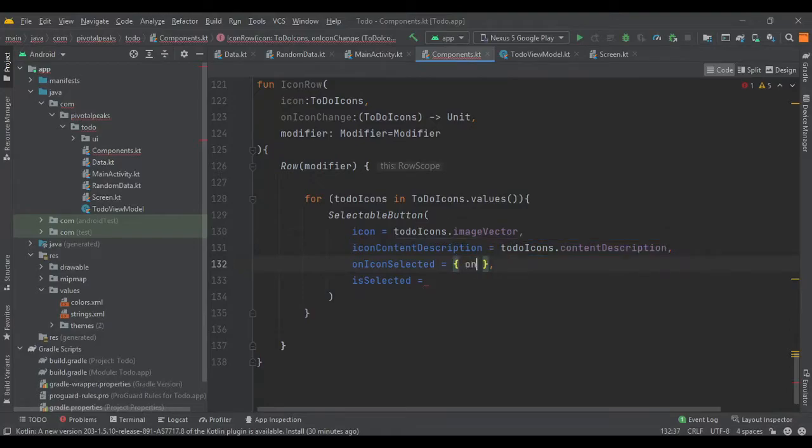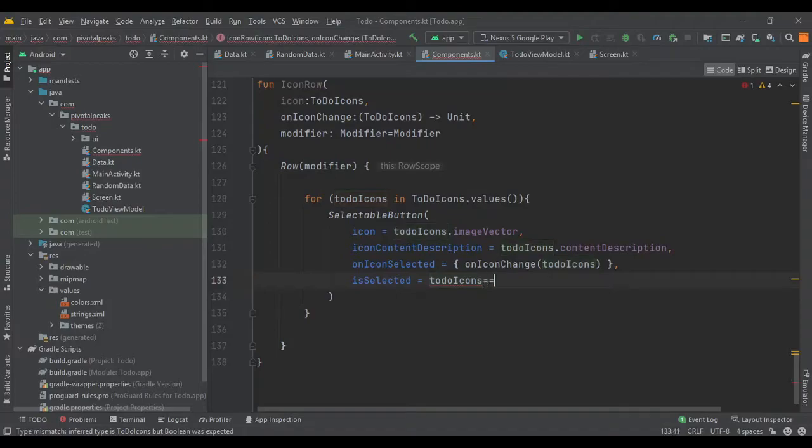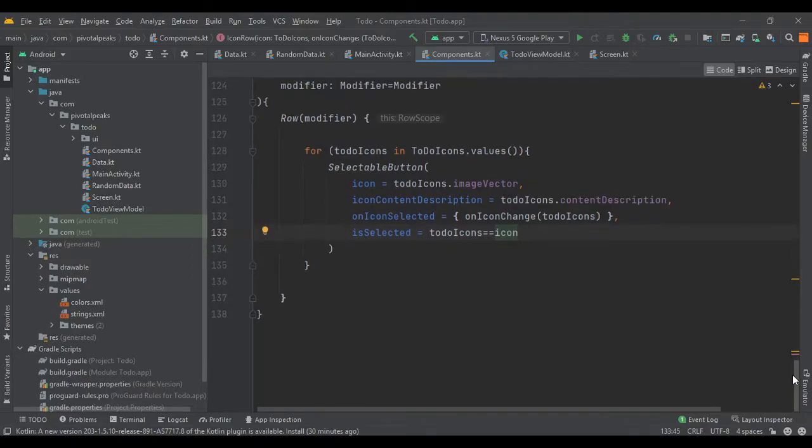So onIconChange, and we need to pass the toDoIcons, and for isSelected we are going to assign toDoIcons equals icon, and our icon row is ready.